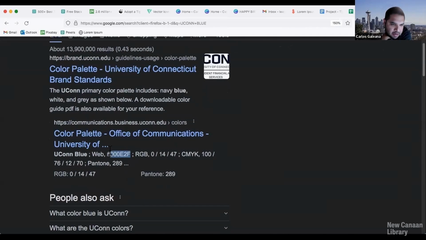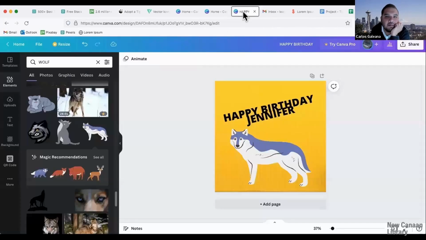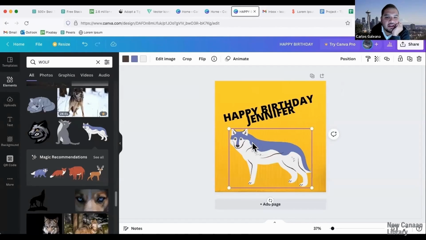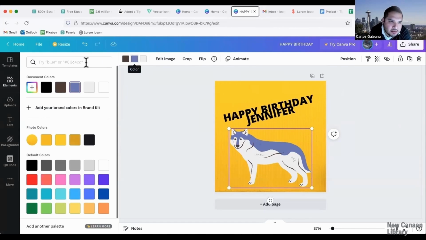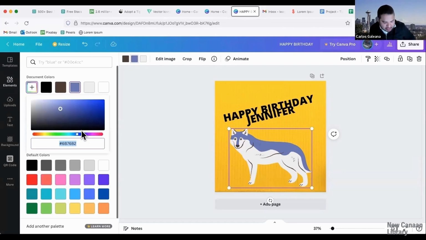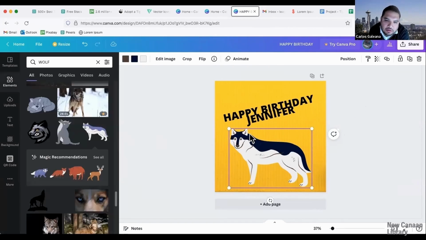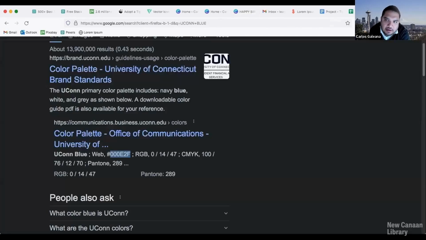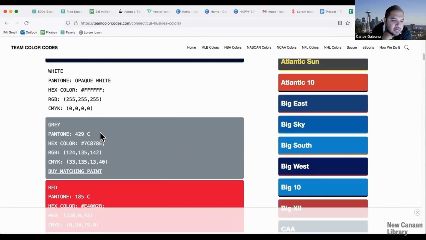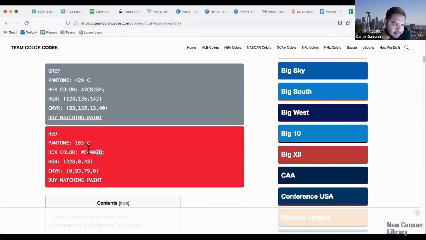it looks like a 00E2F, and I'm just copying it, and I'm going back to my project, clicking on the little animal there, and then I'm going to change that little purple color. And I'm going to add a new color, and I'm just going to paste now. There we go. So now I have that bluish tint, that bluish tone of that particular color that I wanted. And if I want the red, I go back to red here, and then I do, that's the blue, that's the white, that's the gray, and this is the particular red one.